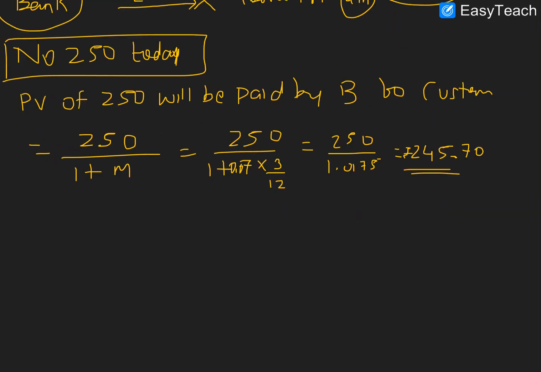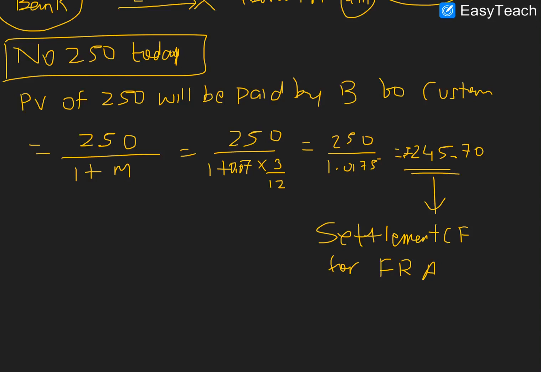This 250, the compensation that the banker will be paying, this is the settlement price, or I can say this is the settlement cash flow, we can say settlement cash flow for FRA. This is how the settlement is going to be undertaken.